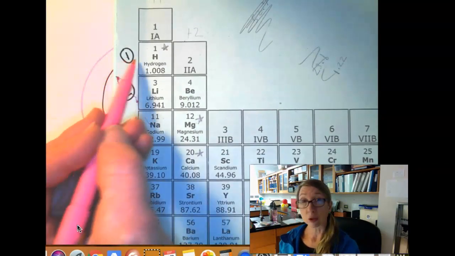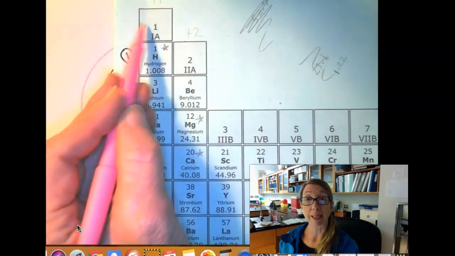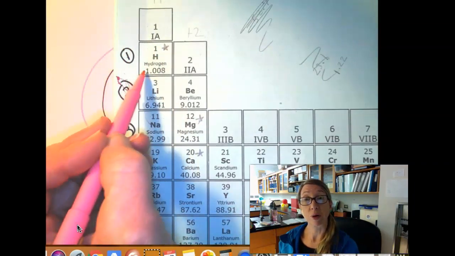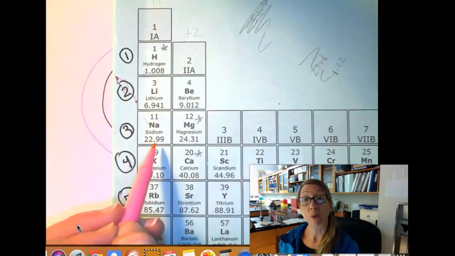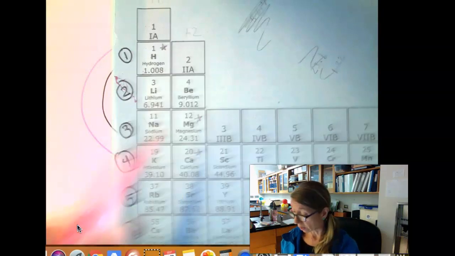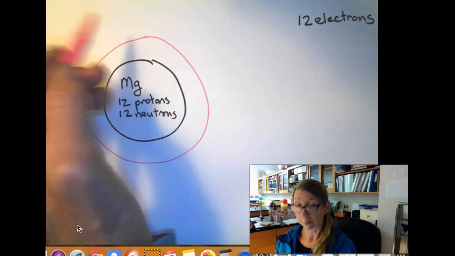If it's on the first row in the periodic table, not the row with the title, the row with the actual elements, this row will have 1 energy level maximum, row number 2 will have 2, and row number 3 here for magnesium will have 3 energy levels. So, I will draw